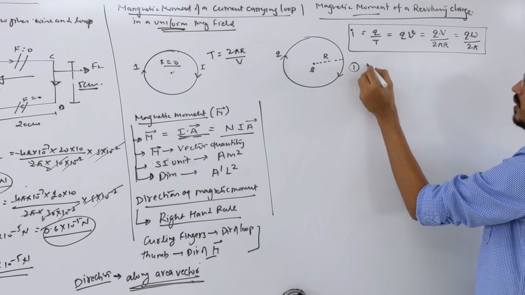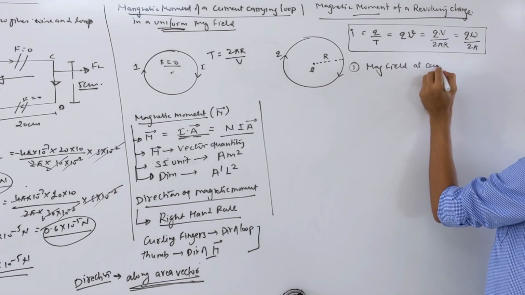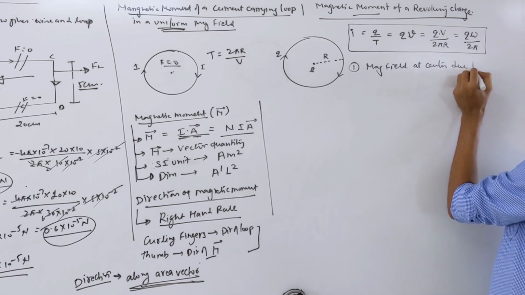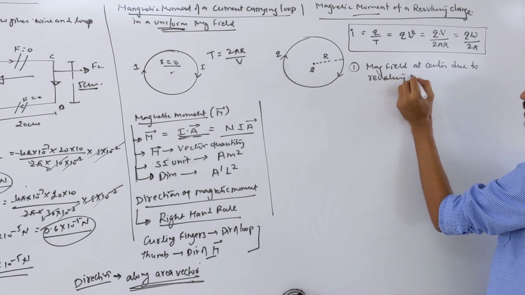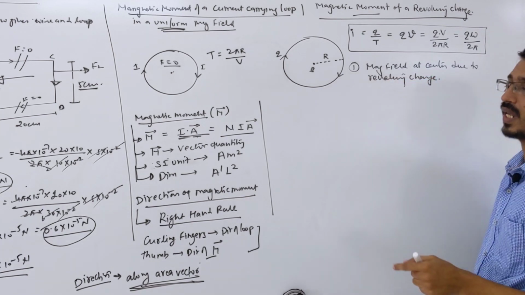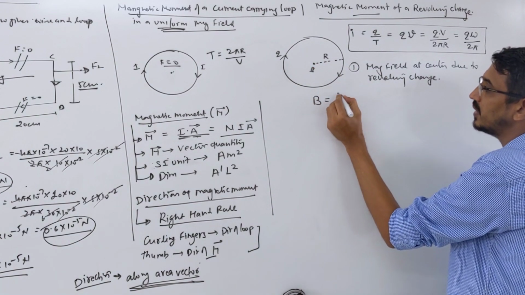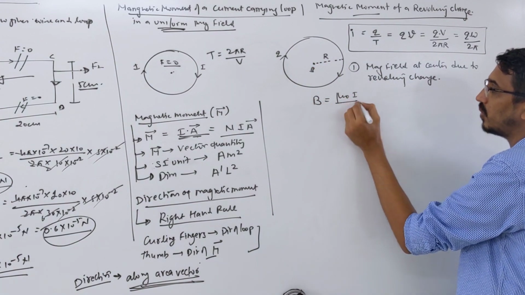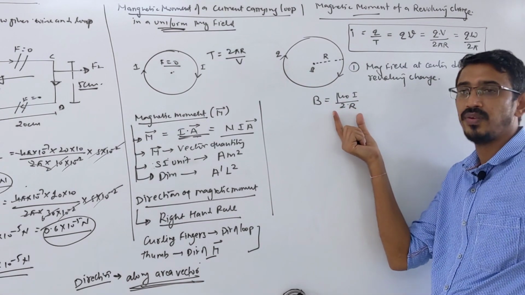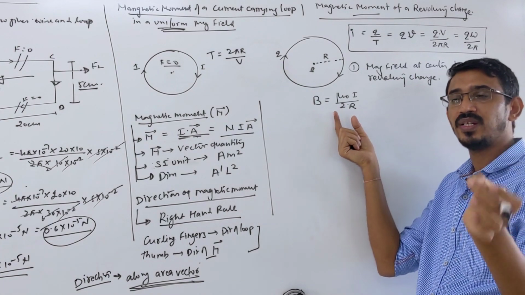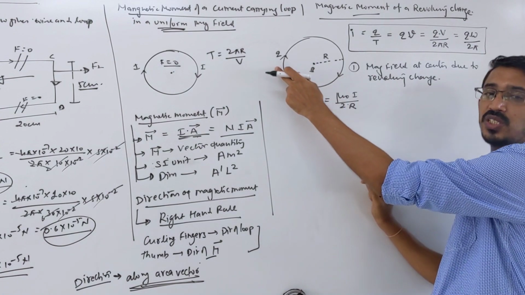Before this, magnetic moment, the magnetic field at the center due to a revolving charge. Right now some charge is moving in a circular path, and they are asking what is the net magnetic field produced by this charge at the center. So I'm writing B is what? The simplest formula is mu naught I upon 2R. Correct? Yes. This is the magnetic field produced by a current moving through a circular loop at the center, which is the same as by a charge moving through a loop.